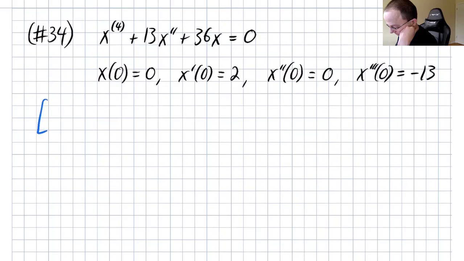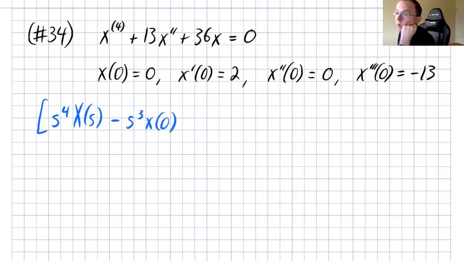And it tells us that we should write s to the fourth X of s, and then we do minus s cubed x of 0 minus s squared x prime of 0 minus s times x of 0